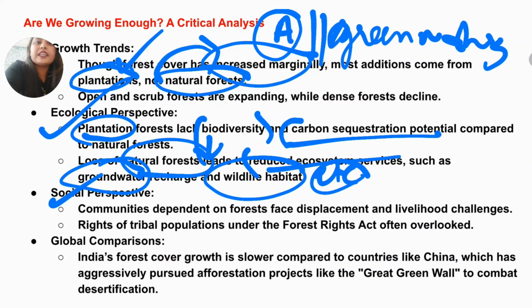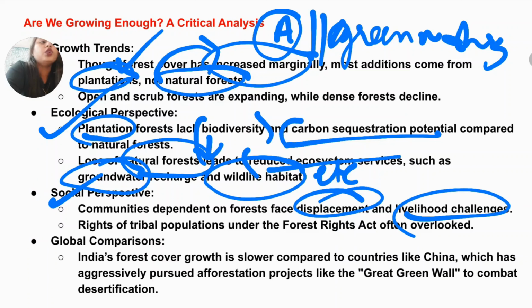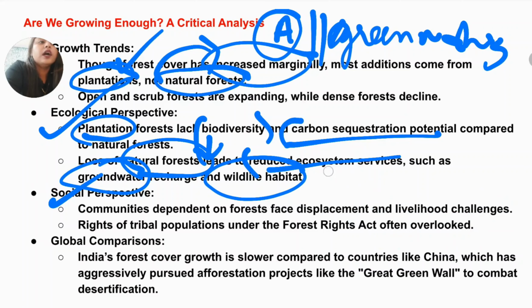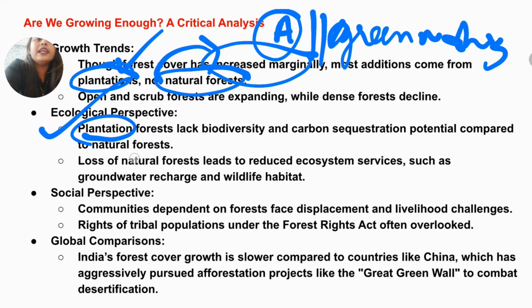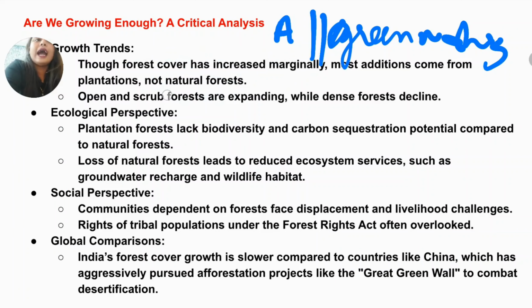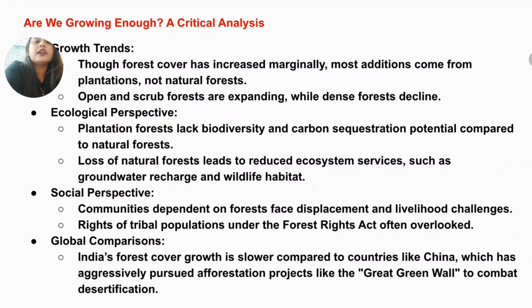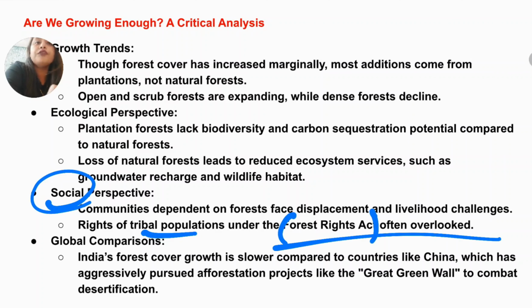Next, social perspective. Communities who are dependent especially on the forest are facing major problems like displacement and livelihood challenges. So it's very important. It's on humanitarian grounds: right to life, right to livelihood and right to habitat. That kind of questions are arising in the social perspective. So the rights of the tribal population under the Forest Rights Act are often overlooked